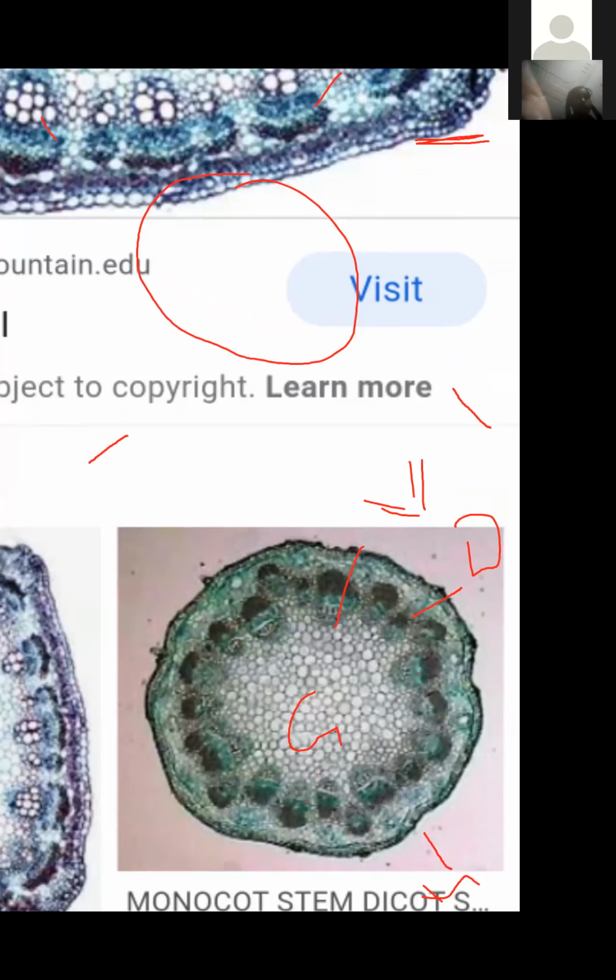From discussing these three types of meristematic tissues, we generally conclude that meristematic tissues are most probably present only in the apex region, that is, in the shoot tip and root tip. In the last class we discussed one activity, the onion root tip. Whenever we cut the onion root tips, the roots won't grow lengthwise. Why? Because the growing region is present at the tips of the roots. So that's why, whenever we cut the tips, we don't find growth of the roots lengthwise.